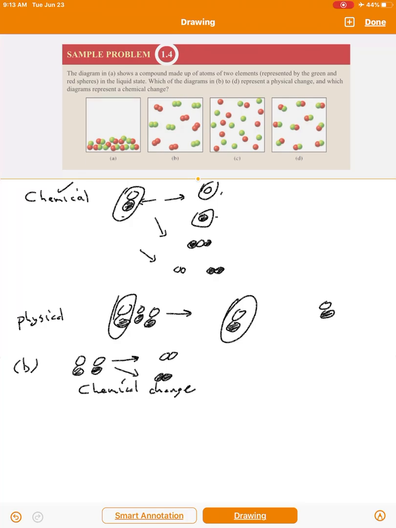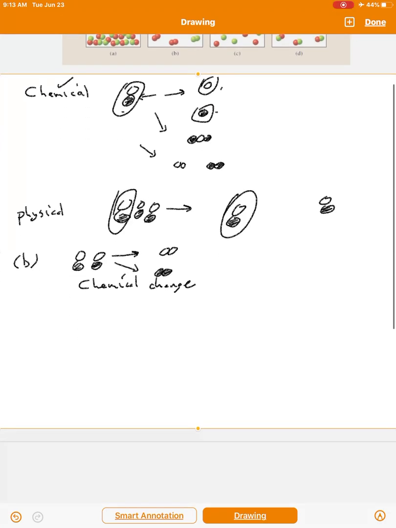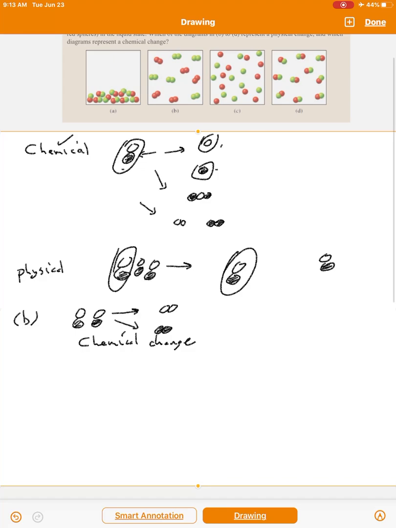Now we can't see atoms. We can't see molecules, at least under most circumstances. So we would have to use indirect information to see that happen. This is really just a conceptual question so that you understand what we mean by chemical and physical change. And this is one interpretation of it. So let's try